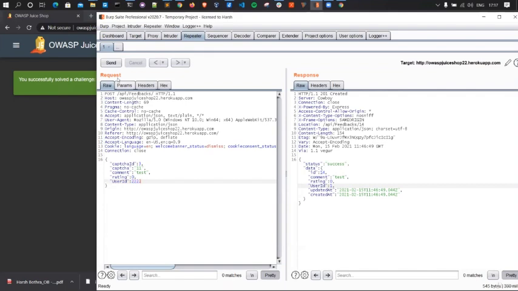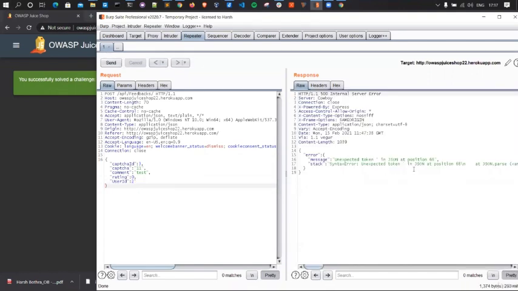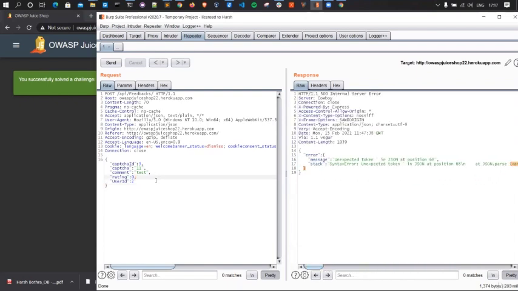You can check for how many IDs are there. So you can see that there is a SQL error, SQLite constraint foreign key constraint failed. So there are high chances that this field might be vulnerable to SQL injection, right? Now when I send some random value, I get some JSON parse error over here, as you can see. So whenever I see some SQLite error or something like that, the next approach is to